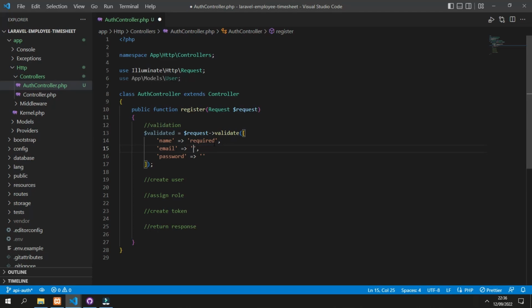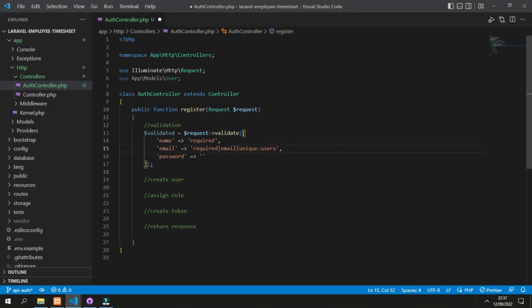For email, it's also required and can have more than one rule. We can still use one string and separate the rules with a separator. So it will be required, and the format should be email, and the email should be unique inside the users table.